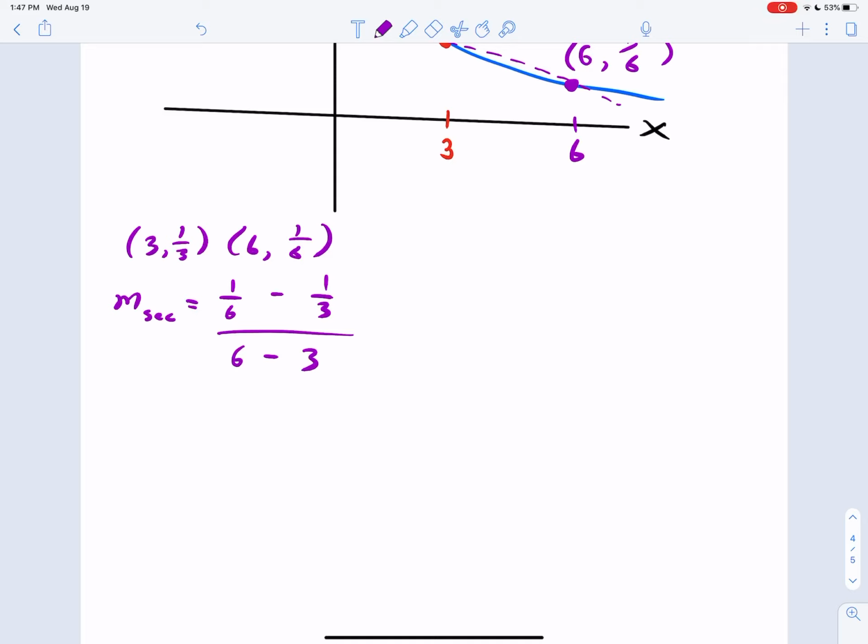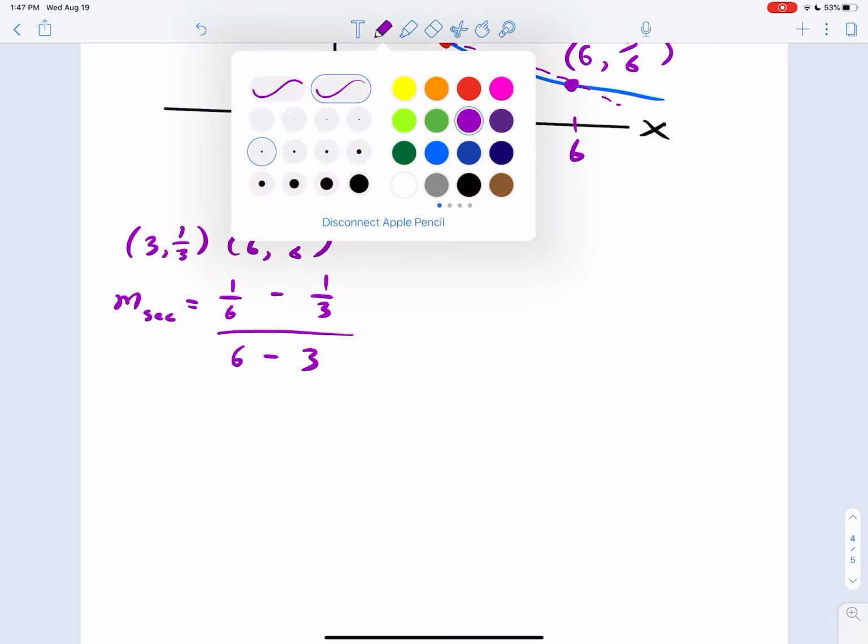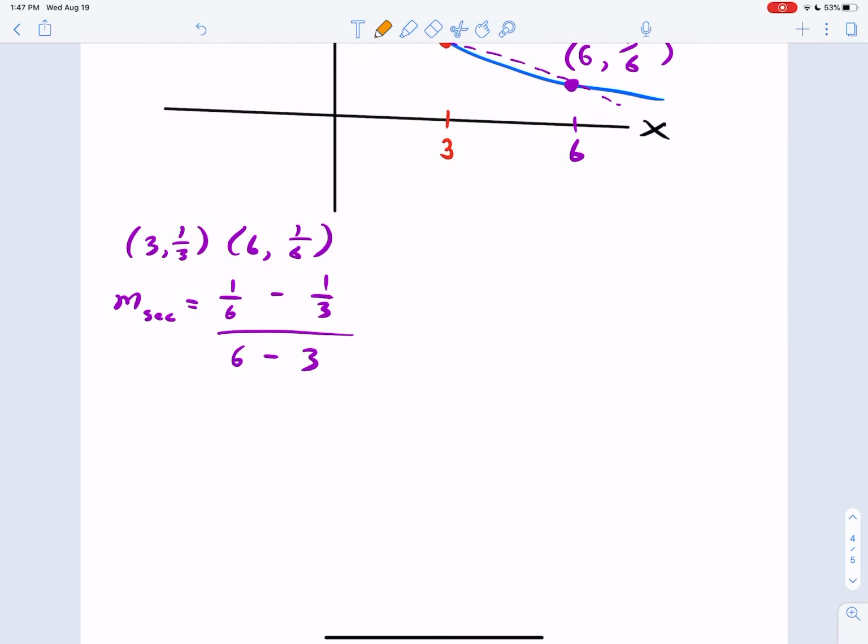All right. So if you take a look at the numerator, you're subtracting fractions here. For the sake of pattern, I will do it the longer way. You could easily multiply by 2 to the second fraction, but I'm going to go ahead and multiply this by 3 on the top and the bottom. And here I'm going to multiply by 6 at the top and the bottom. Okay? This is going to give me